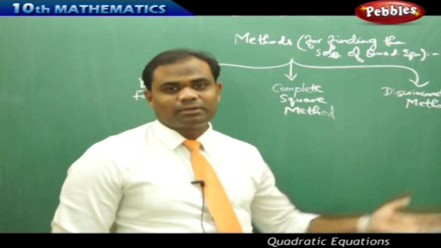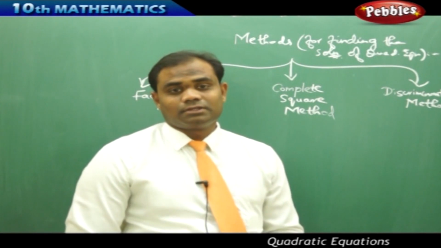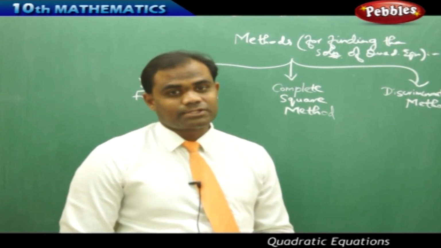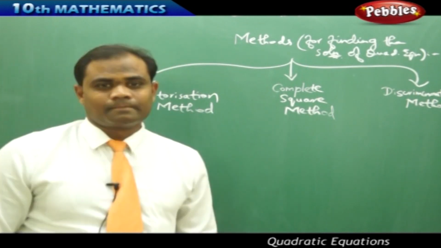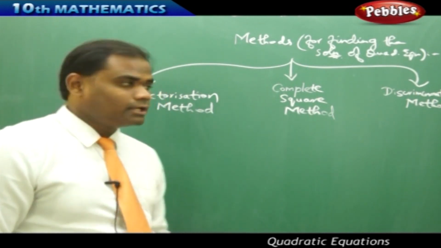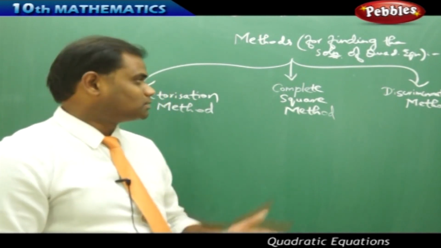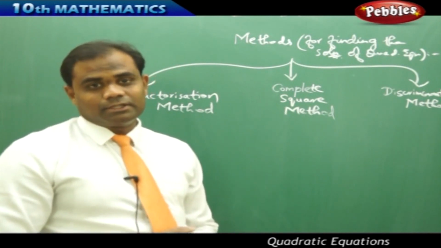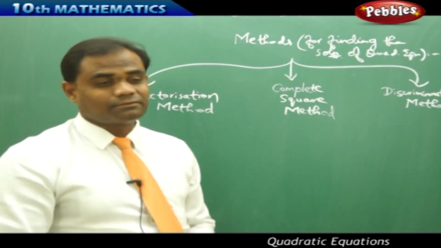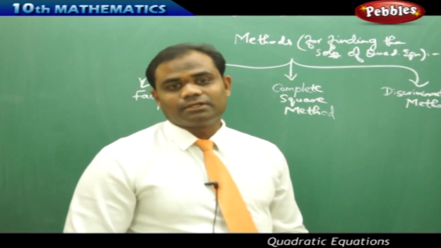method, complete square method, and discriminant method. So let's see each of them step by step, to start with the factorization method. So note, in each of the methods, if a given problem is given to use with a particular method, we use only that particular method. If nothing is mentioned, the choice is left to the student to use any method which is easier